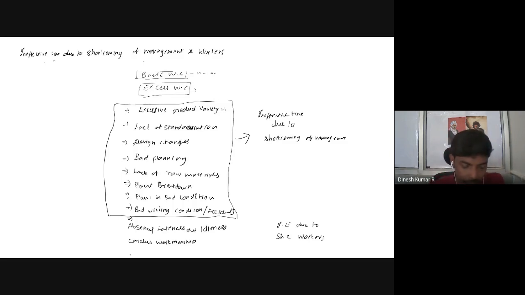And finally, accidents. This is like absence and laziness, and you could clearly understand this carelessness of the workers. Due to this carelessness, what will happen in the plant is it will produce a lot of scraps and a lot of reworks. So that comes with careless workmanship. And accidents